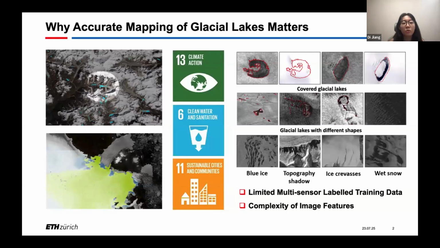And this has a very close relationship with climate change, which directly influences climate action decisions, therefore influencing SDG 13. And also, the increasing number of these glacial lakes represents a growing source of fresh water, which directly contributes to clean water and sanitation, SDG 6.